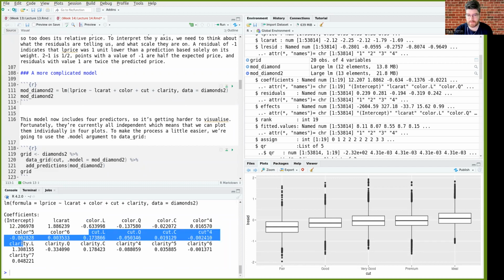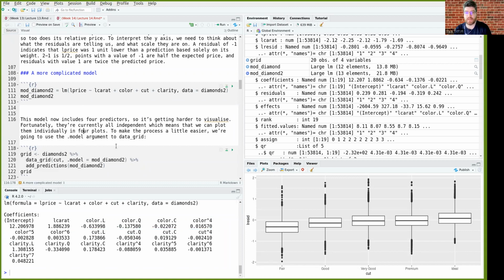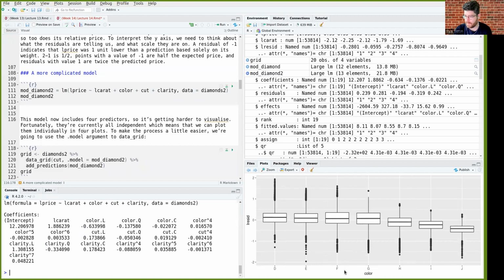Cut is 4 types, and the rest is clarity. So here is our model, and there are positive and negative coefficients. So the color of L lowers the price, the color of Q lowers the price, but the color of other types